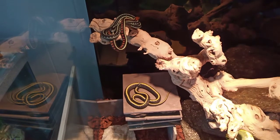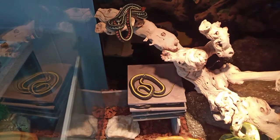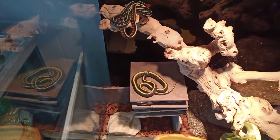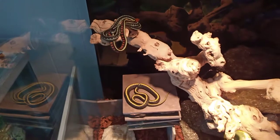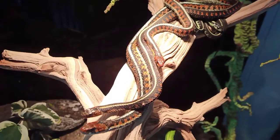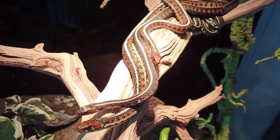They're still getting used to it. That Santa Cruz fell off the log last night when I was feeding her. They're not used to being able to climb up. These guys are all sitting together. They like to bask. That's Oregon red spot